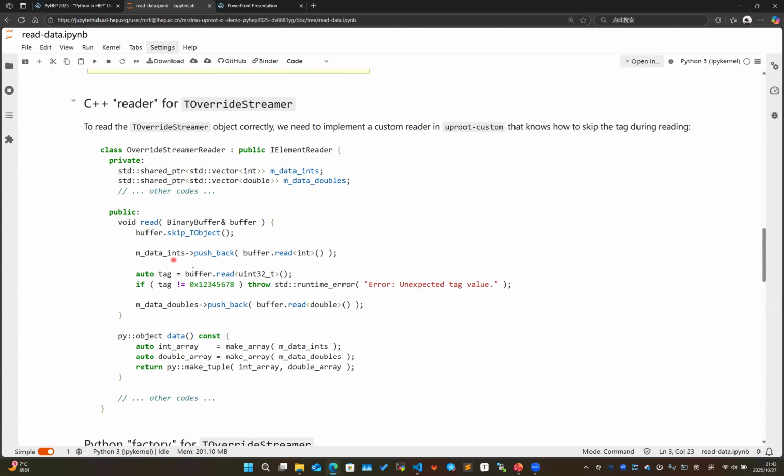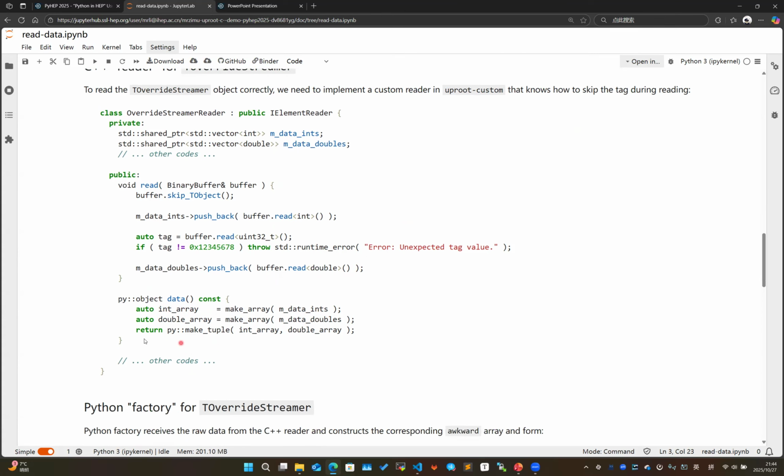And also remember that between the integer member and the double member, there is a tag here. So we read the tag and check it, and finally read the double member. After the reading process, we also need to convert our two vectors into NumPy arrays and make them a Python tuple, and then return it to the